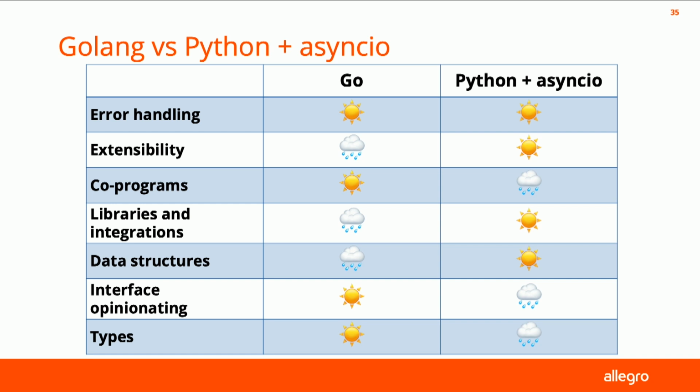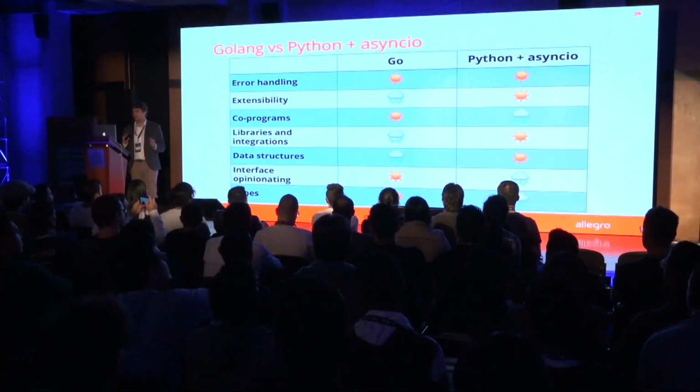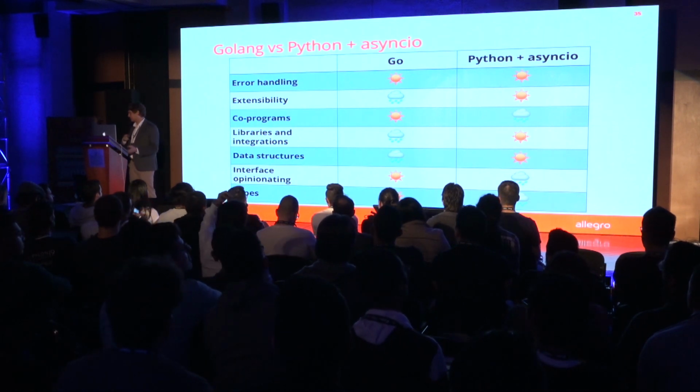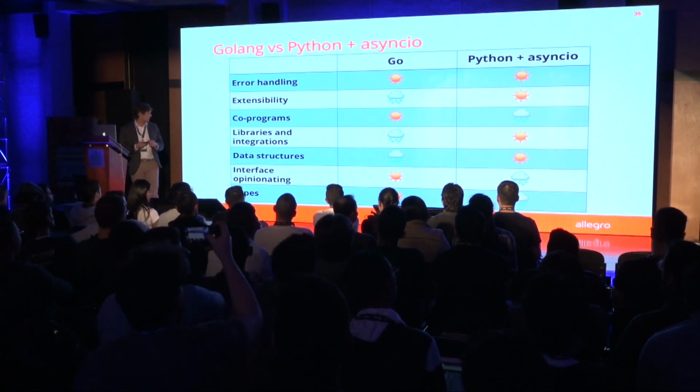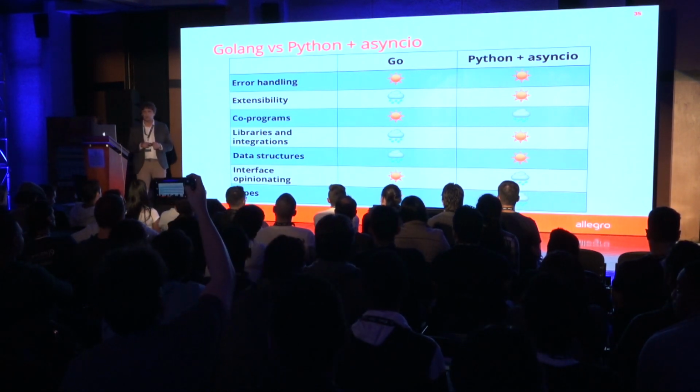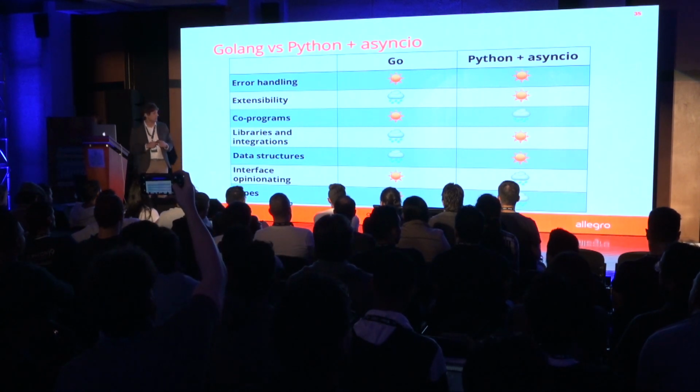This is a point where I could probably start a Holy War. Again, this is something that we found out while writing this solution, and this doesn't apply to any other solution. We found out that Python is really great for writing solutions like that, because it's extensible. It allows you to use rich data structures. It allows you to use great libraries. And Golang doesn't have that. However, what Python lacks is good preemptive load balancing, and asyncio is a very dangerous thing to write in